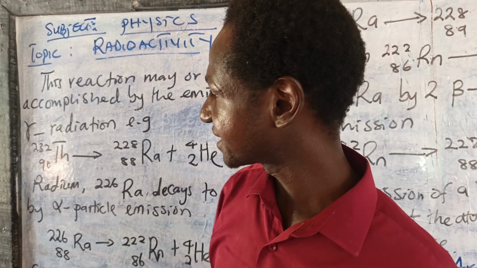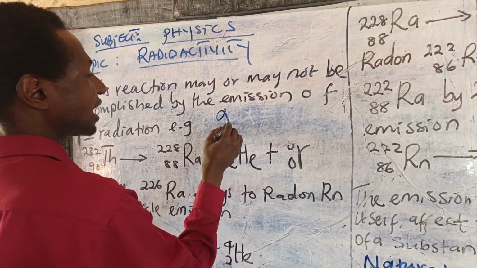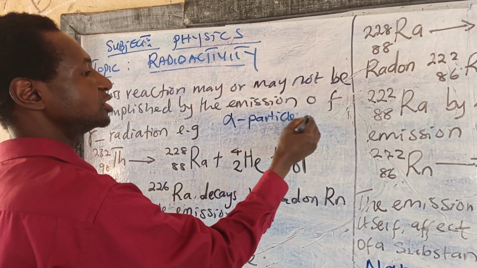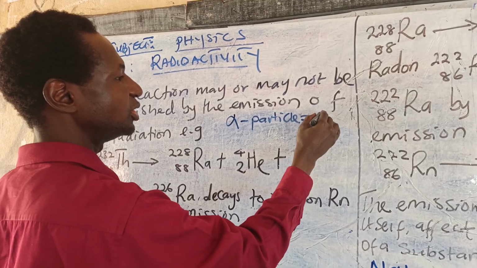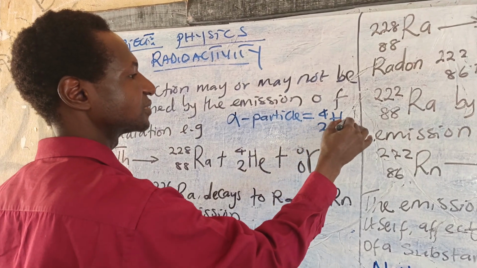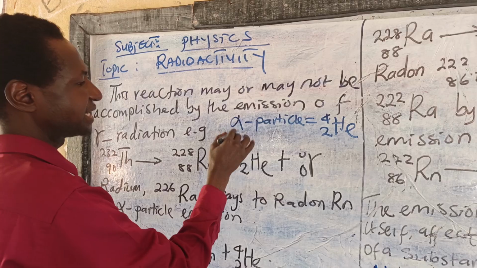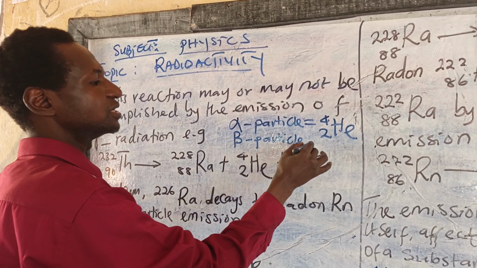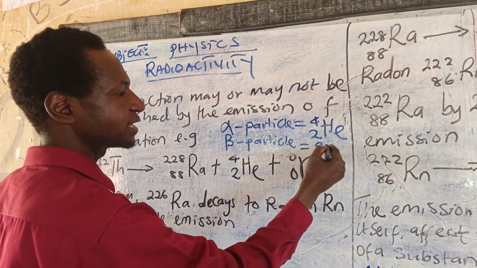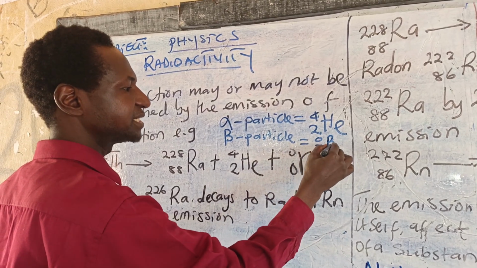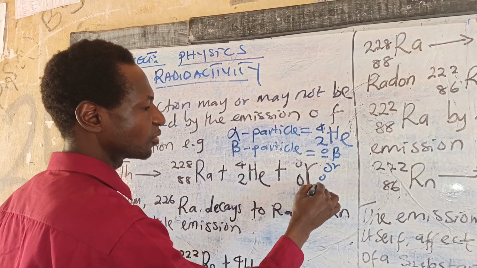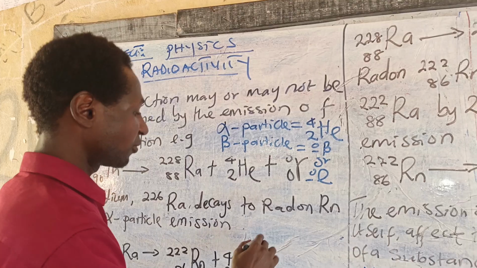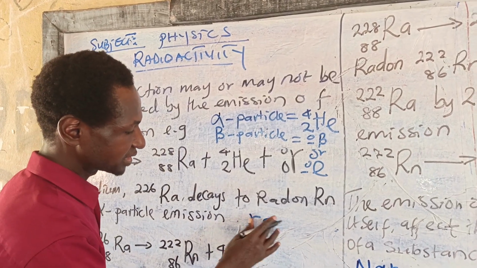So, the alpha particle is represented as a helium atom, while the beta particle is represented as 0 minus 1 e. That is how beta is represented. While the gamma particle